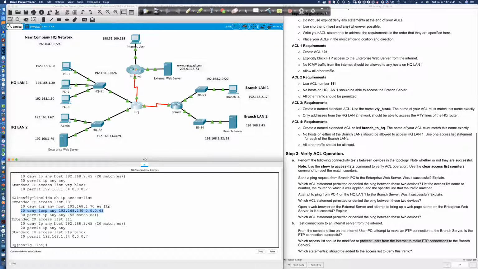So the question is being asked, which ACL should be modified? It's going to be ACL 101 that needs to be modified to prevent connections from users on the internet, so from anywhere on the internet to the branch server via FTP. Well, the statement is going to look almost exactly like this statement right here, except host is going to say 192.168.2.45. Now, the tricky part, again, is if I just go in and type into this statement, deny TCP any host